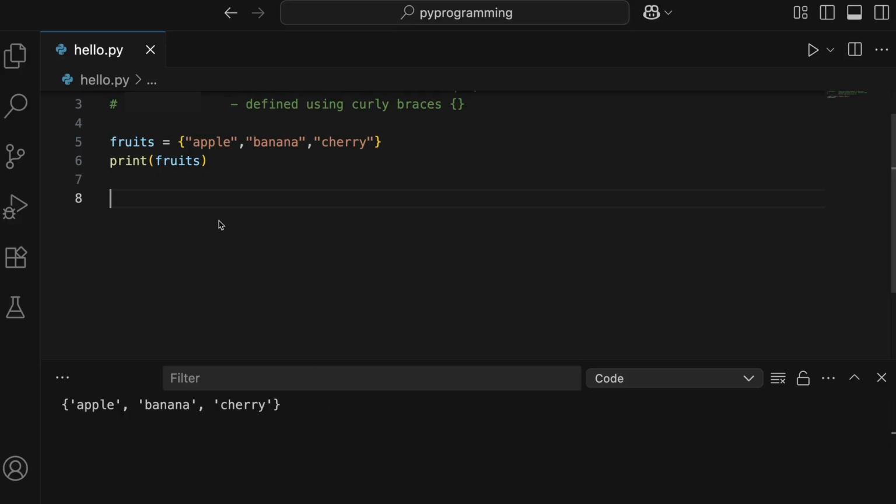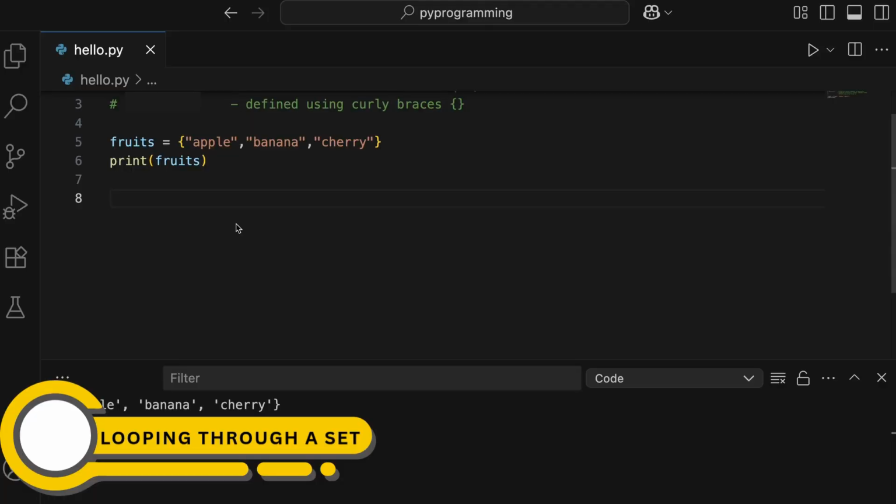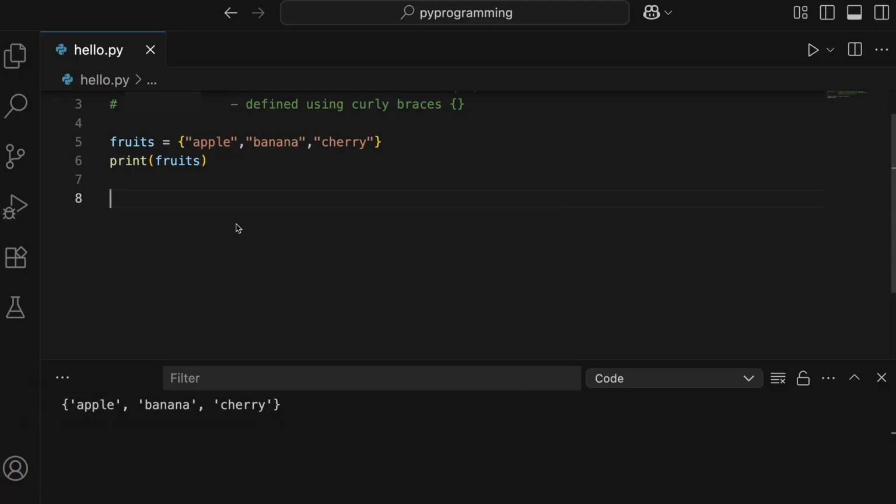Alright, so when we are printing the set, we are getting the result along with the curly brackets, right? So let's say if you want to unpack this, as in if you want to print all the elements one by one outside, you can run a loop. So let's go ahead and see how we can run a for loop on a set. We'll start with for, and then we have to give a counter. So let's say item in, and then the set name. It is pretty much the same as how we did it with other collections. Here let's give a colon, and then a print statement, and we'll print the item. Now if I run this, we'll get all the items one by one.